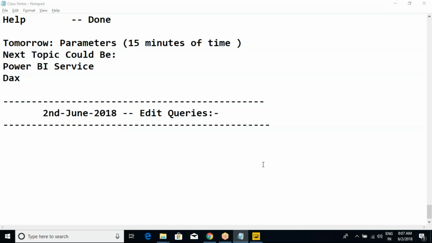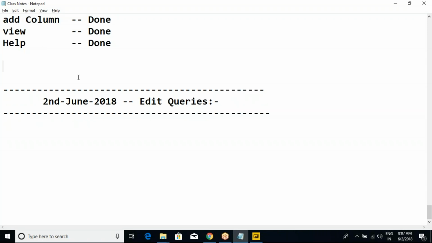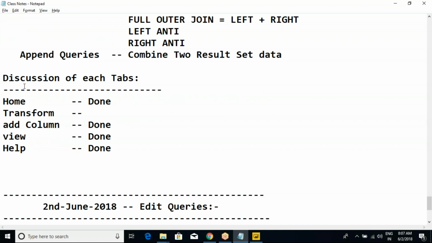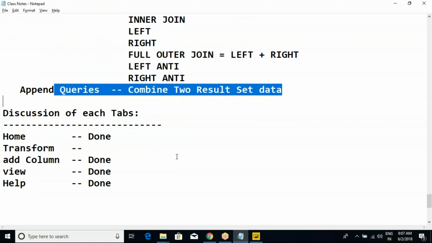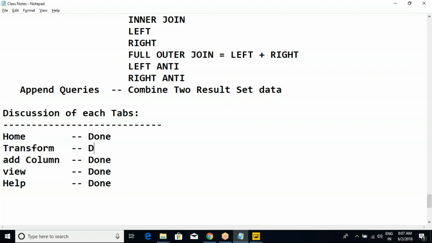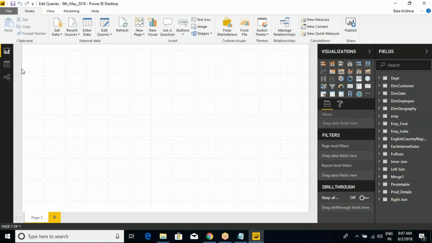So we are in the discussion of edit queries and we are almost done except one or two properties, which are pending, mainly on the parameter topic. Parameters is pending. So yesterday we discussed mainly merge queries, append queries, and then after that we discussed each and every tab. So transform also we are done, if we cover most of the properties